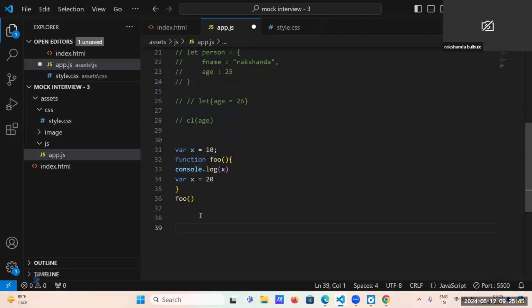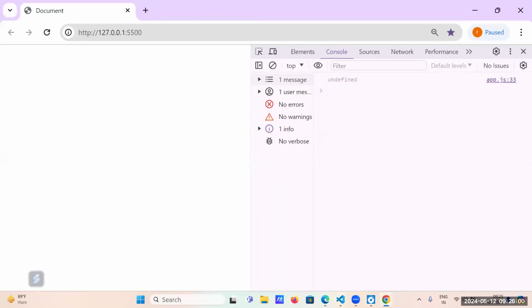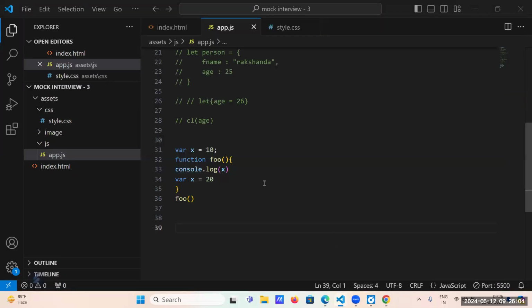It shows undefined. Are you sure? Okay, just check the output. Can you tell me why it is showing undefined?